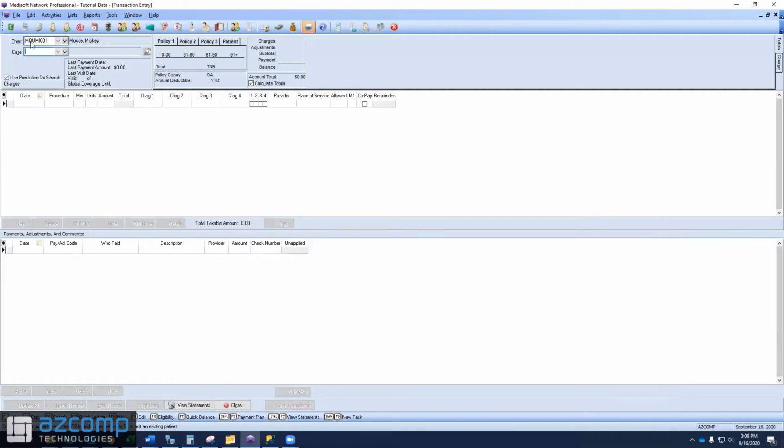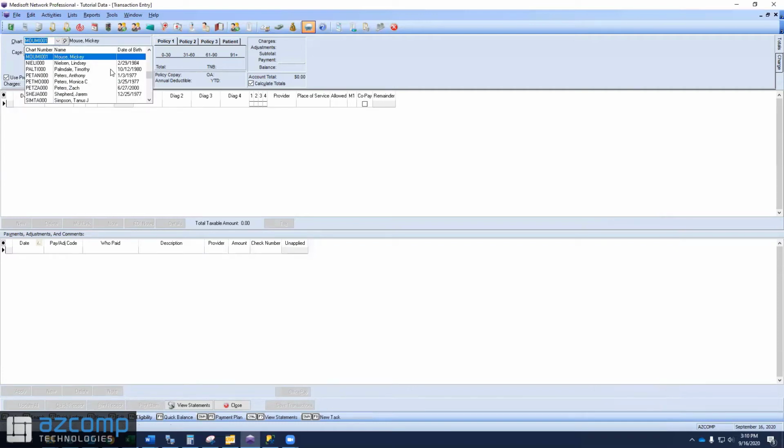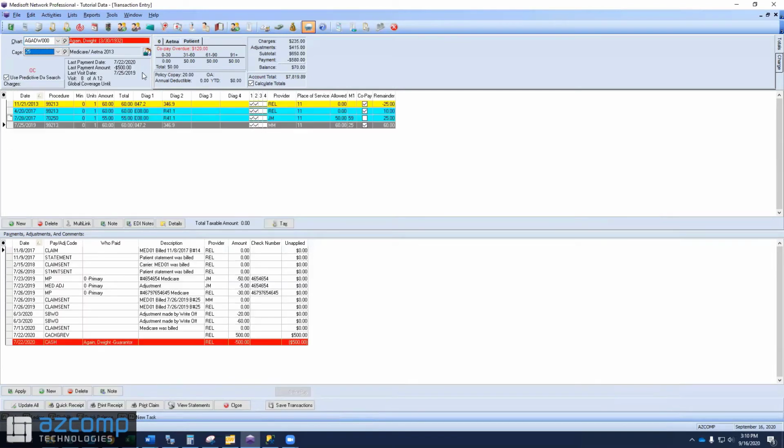Now, if I jump down to the charges screen here, and I want to enter a new charge. Now, anywhere you are in the program. Oops, I need to get to somebody with a case on their accounts. Let me just pull up our old trusty Dwight again here. And if I jump down to the charges screen, and anywhere I am in the system that has a date,